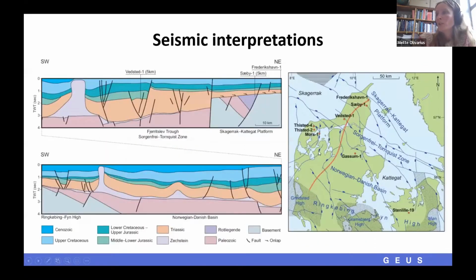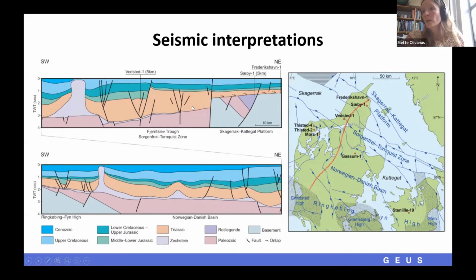So this is an interpretation of a seismic line across the northern central part of Denmark, where you can see here, this is in two-way travel time, but largely corresponding to depths in kilometers. And as you can see, the subsurface is really challenging. There's a lot of faulting that has been going on. There are some salt diapir movements that have affected the layers in some areas. And then there's this shallow basement in some areas. And there's been tilting, block folding, etc.